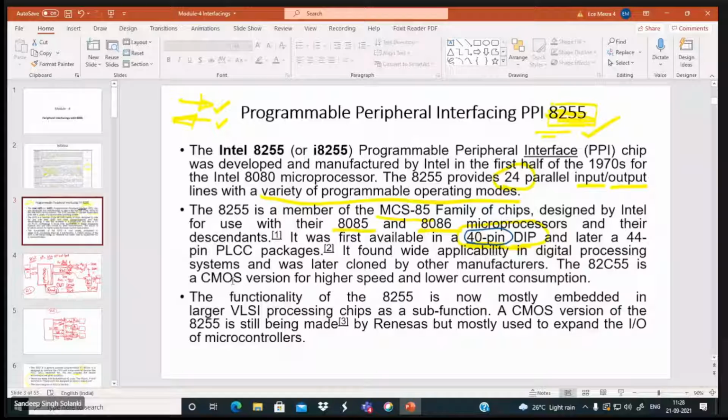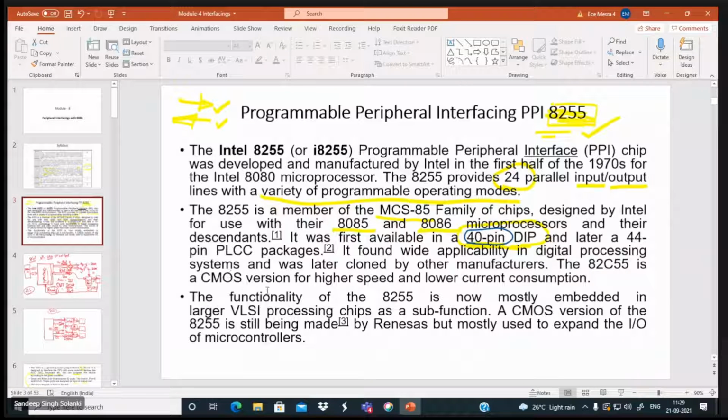So what I was telling you is that in interfacing, we are going to study three main chips: 8255, 8253 and 8279. 8255 is for parallel data transferring. 8253 is for timer, that is for delay generation and wave generation, and 8279 is for keyboard and display interfacing. Please remember their name, number, and features. Here we are going to begin with 8255.